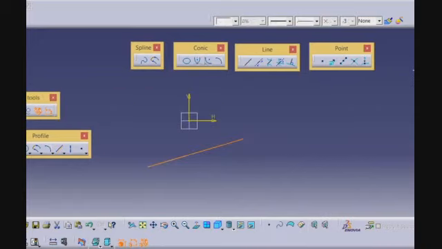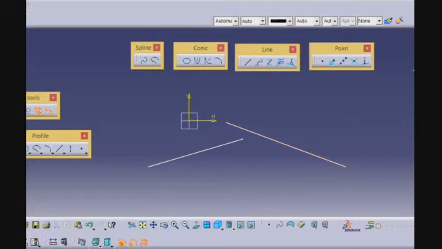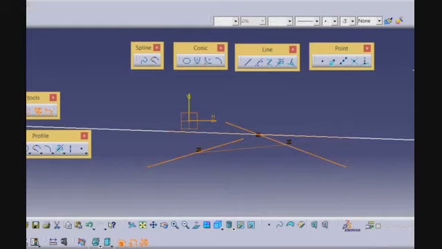First we will create a line. I will create one more line. I want to create a bisecting line, using the line and the other line. The intersection point will be the midpoint of the particular generated line, which will be an infinite line.